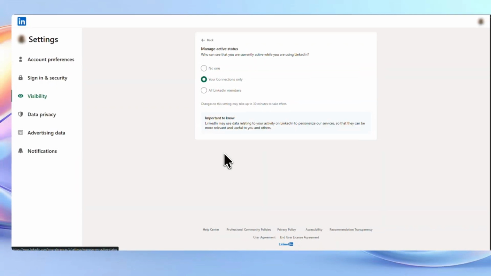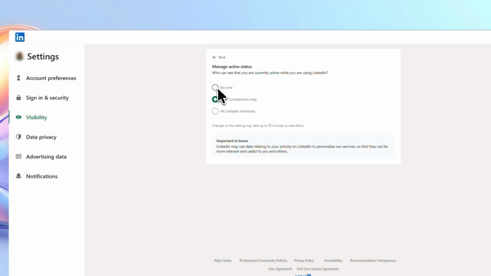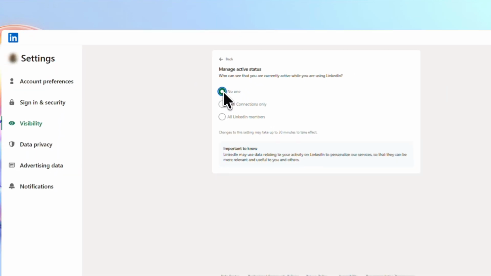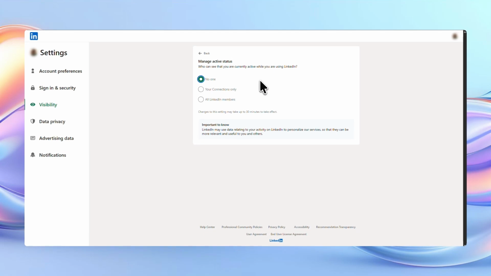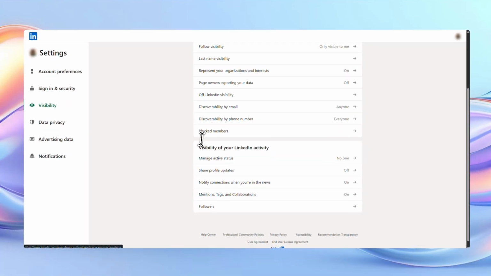Once you open that setting, select No One. Choosing this option means your active status will be hidden from everyone. After that, other users won't be able to see when you're online on LinkedIn. This is the most private option if you want to use the platform more quietly, and that's all there is to it. The change should take effect right away, so once you select No One, your online status will be